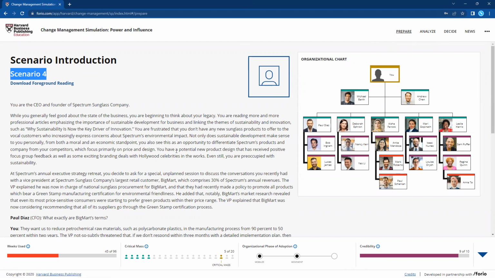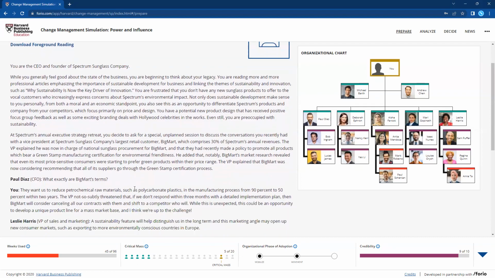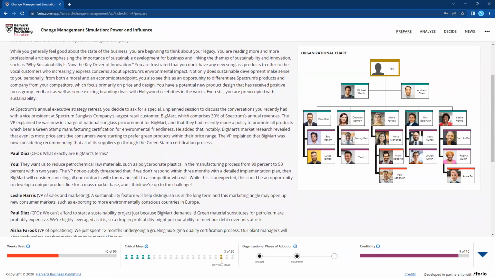This is the prepare screen. The prepare screen just tells us the backstory of the simulation. There's some foreground reading with some financial information. All of that stuff is completely supplemental. Everything you need to know about the simulation is on our course website already, but it's essentially you're the CEO, you're trying to lead change, and what you're trying to accomplish is getting at least 18 members of your team to adopt the innovation. So no matter what screen you're on, prepare, analyze, decide, or news, you'll see this dashboard